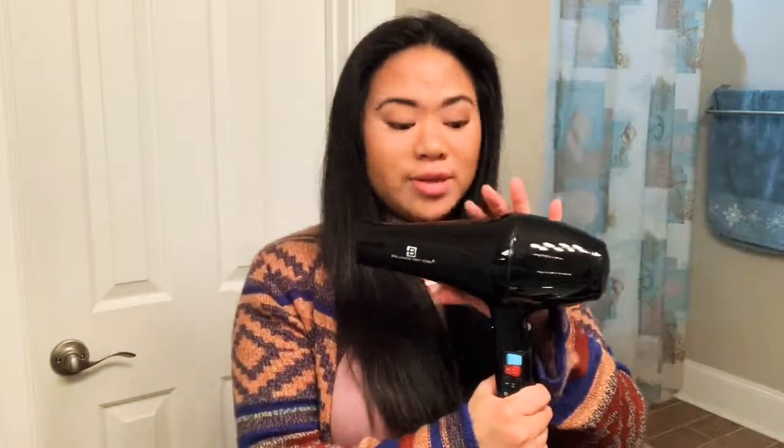And there you have it. Brilliance New York Pro 3600. I love it. It actually does not dry out your hair, and it's very powerful. I love that it comes with the 3 extra tools for if I want my hair to be curly or straight, or if I wanted to use a smaller angled styling tool. But I used the bigger styling tool today, and I love that it has the ion settings and